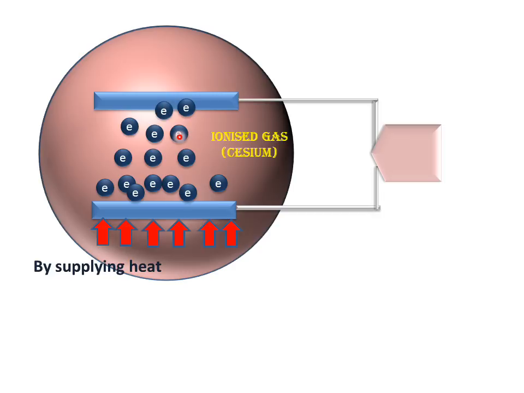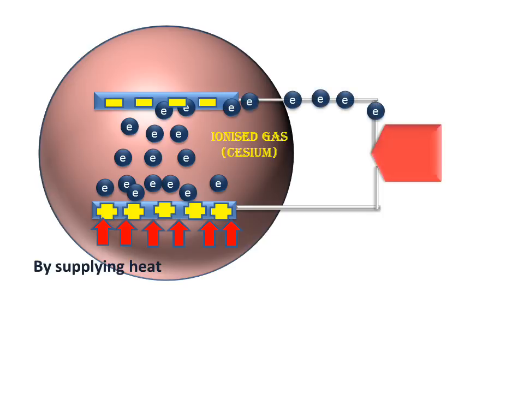By the liberation of electrons from the cathode, the cathode will gain a positive charge. This positive charge is gained by the cathode, and since the anode is the electron collector, the anode will gain a negative charge. By this, electrons will transfer through this wire, and the electric bulb will start glowing by the electron flow, and electrons will continuously flow through this path.